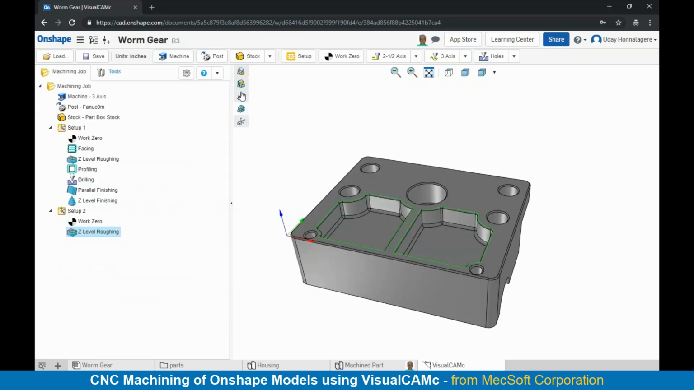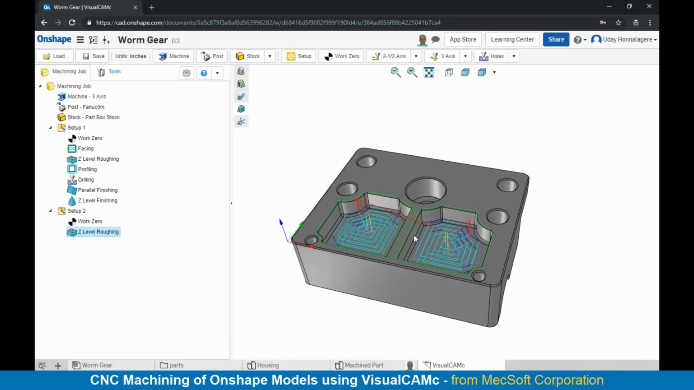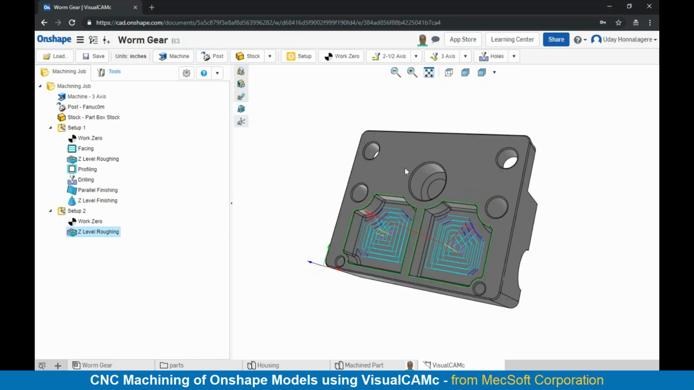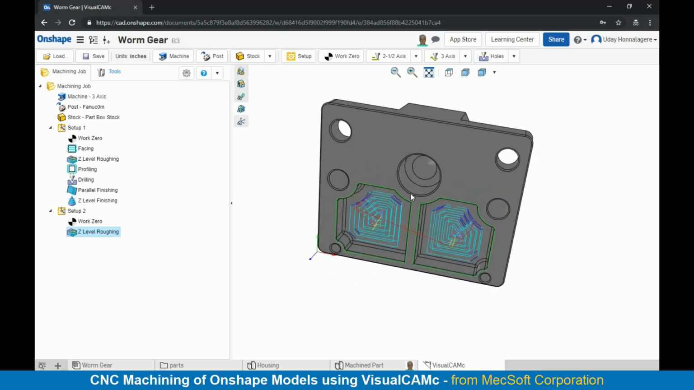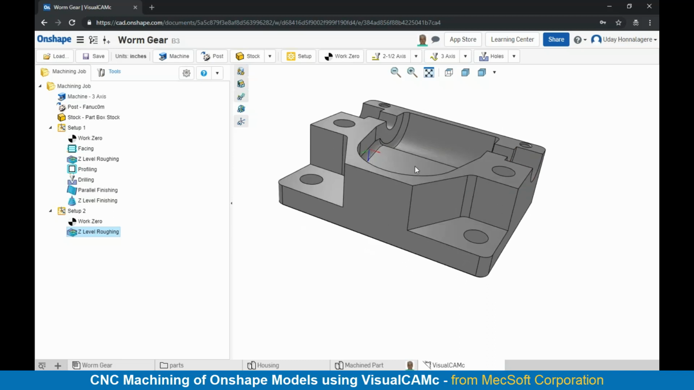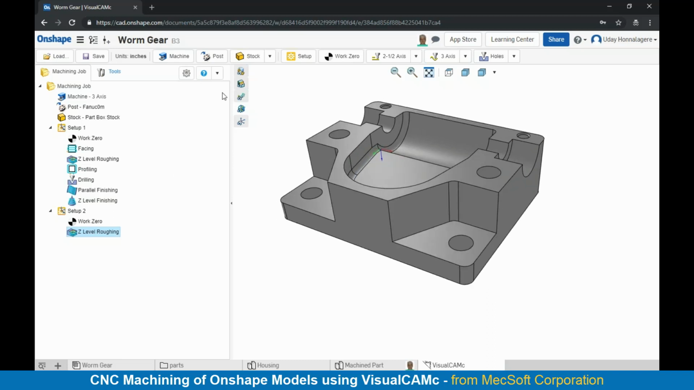So you could program your machining operations from multiple orientations by creating setups, and you can simulate them from each of these orientations as well. So the 3+2 ability allows you to program from multiple different orientations. If you'd like to program these features from different orientations, you can still do that by creating multiple setups and